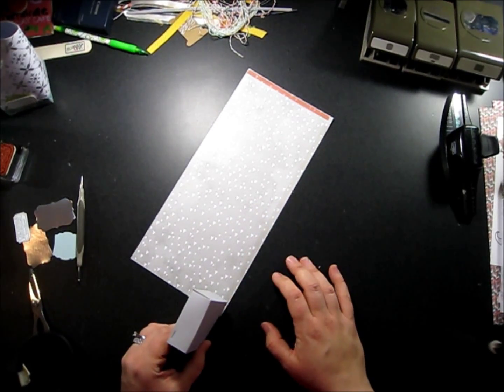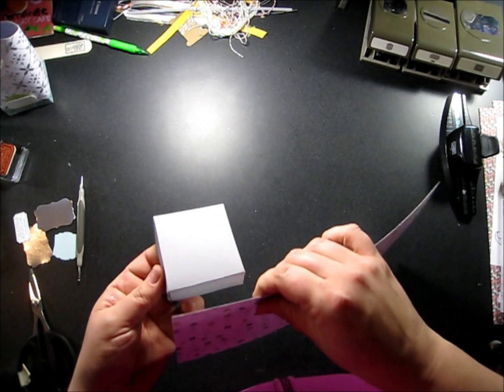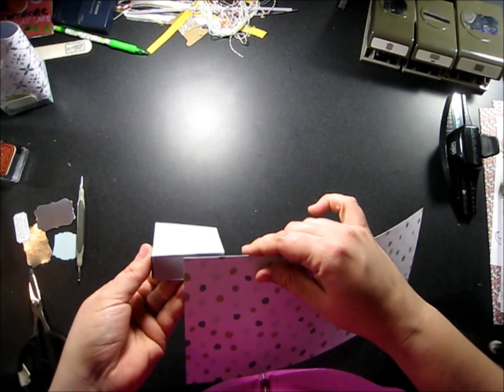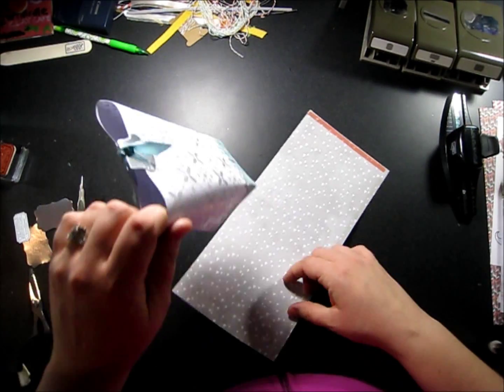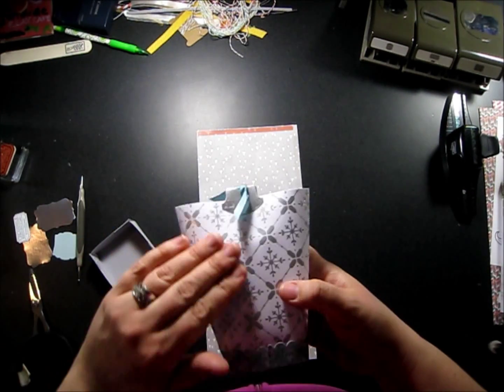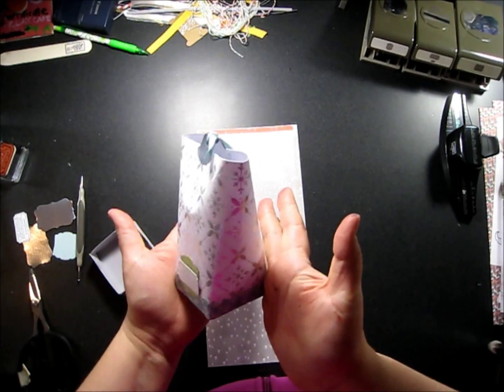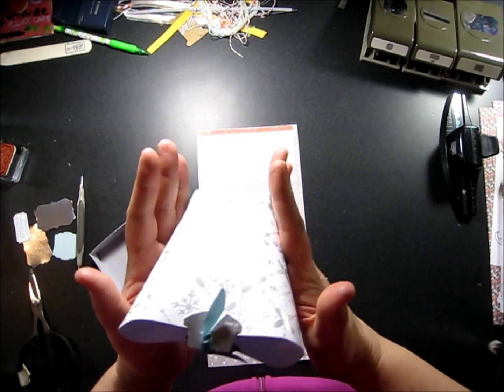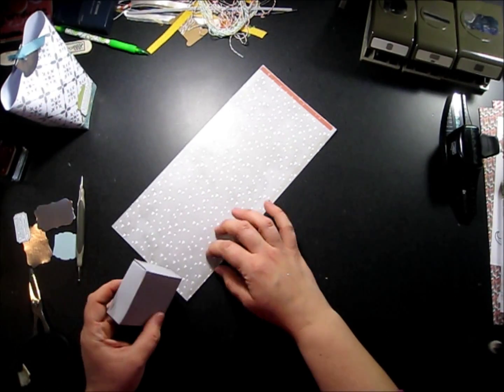I am going to start halfway through. So this is what I mean. I'm not going to start on the edge, I'm going to start halfway across. Okay, so that way my seam is all up the back. Okay, so it's a little bit more hidden. If people are going to look at it, they're going to be looking at it this way. So it hides your seam a little bit. Okay, so halfway through,